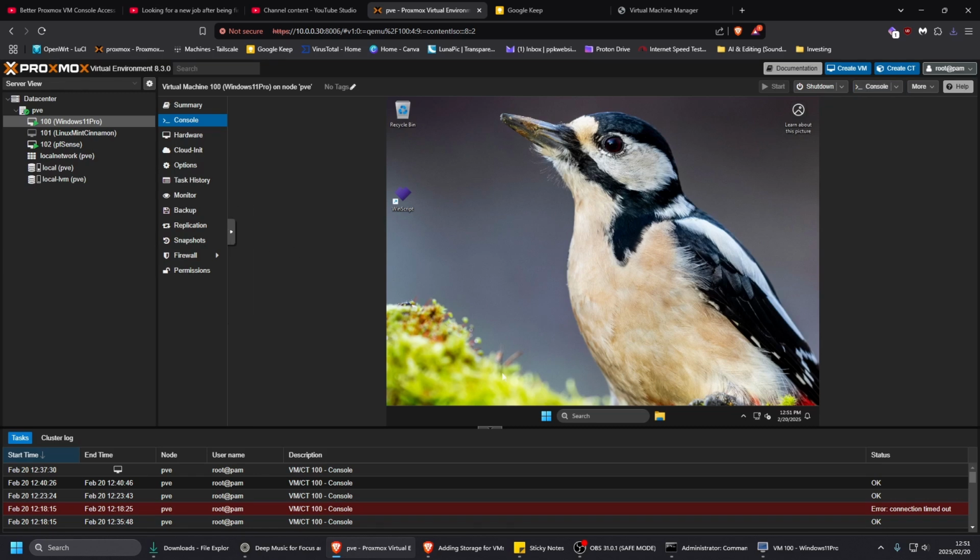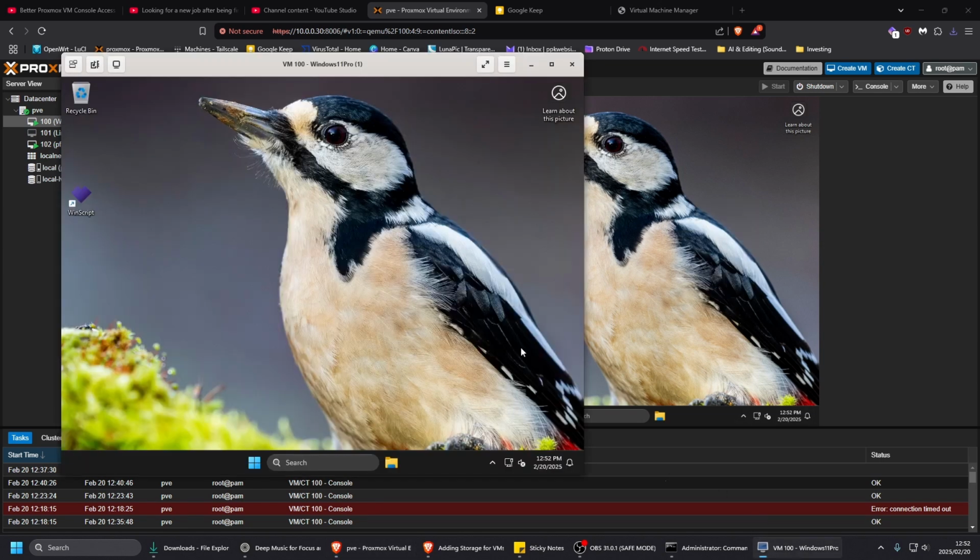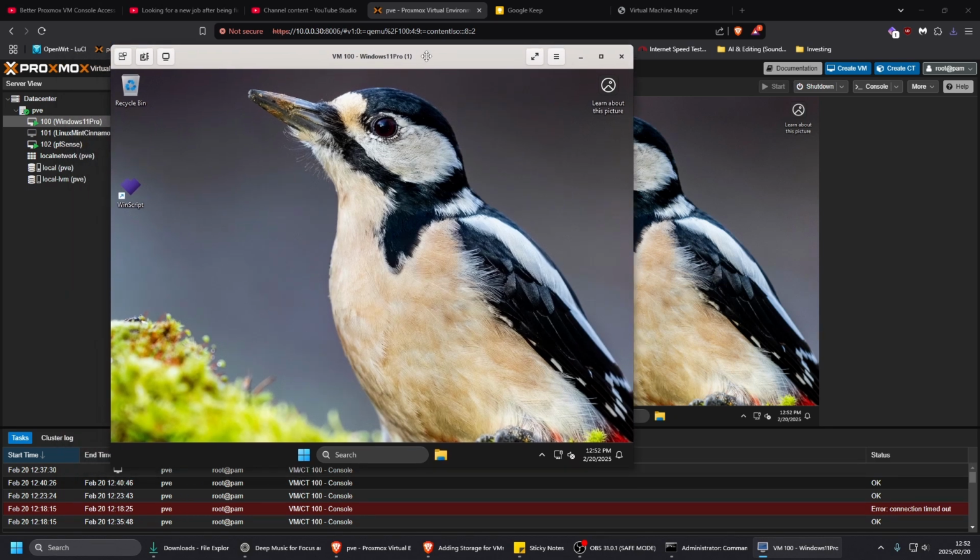because the NoVNC viewer for me, it's just not working. It did work, and it's very slow, and as you can see, my mouse is out of sync. Where is it now? I can't really click on anything. I don't know how to reset this, so let's just go to this viewer,